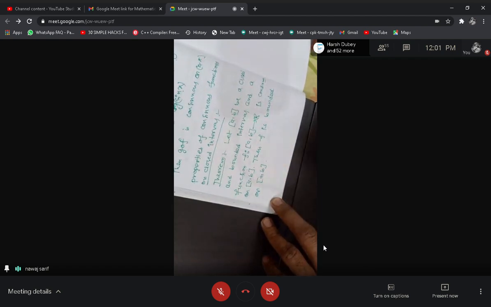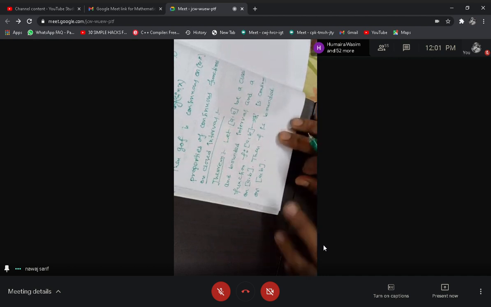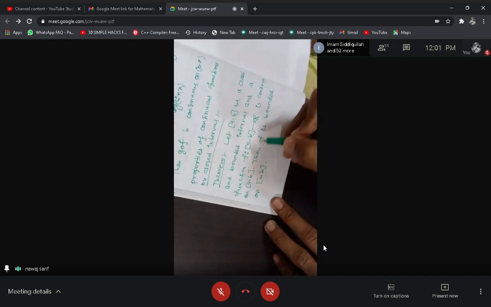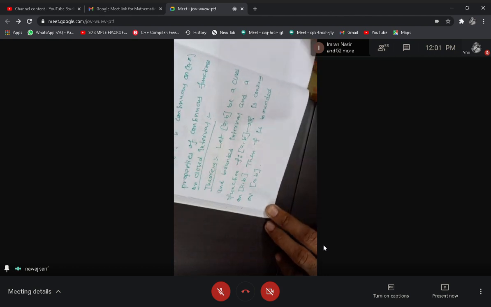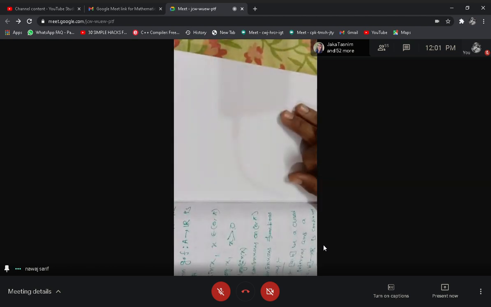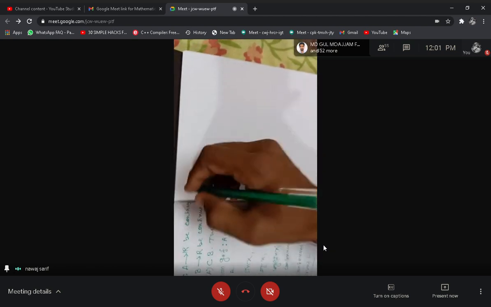This theorem tells us that if f is continuous on a closed and bounded interval, then that function is also bounded on that interval. Understand? This theorem tells us that if a function is continuous on a closed and bounded interval, then that function is bounded on that interval. These are very important theorems. The next theorem,